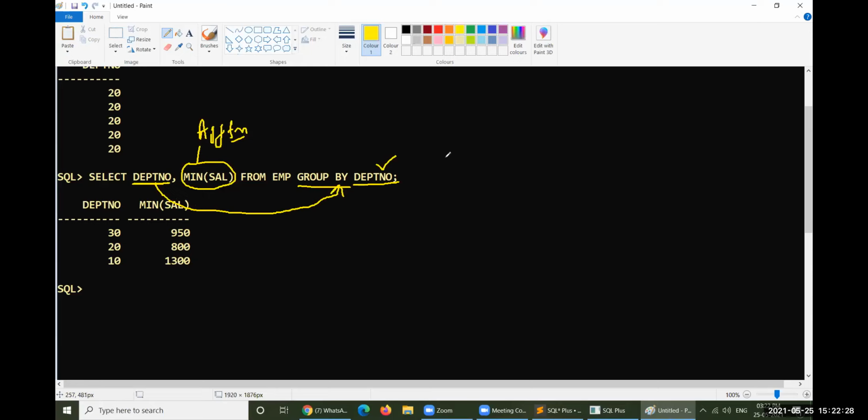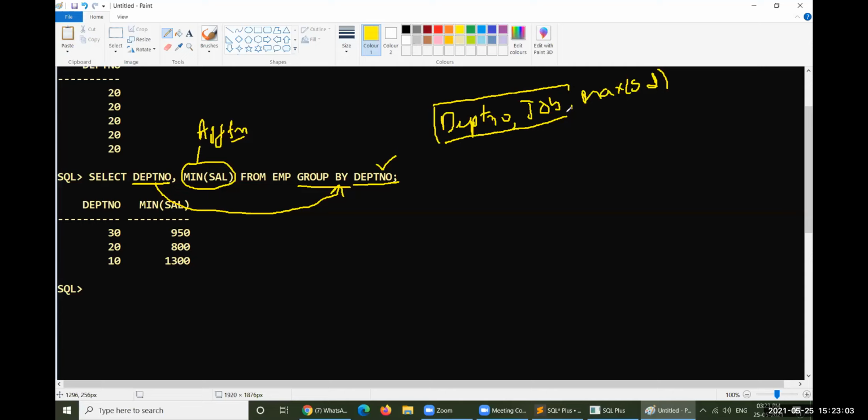For example, if you select DEPTNO, comma, designation, that is job, comma, maximum of salary, from EMP. If two more columns have been used within the selection, then these two columns must also be in the group by clause.